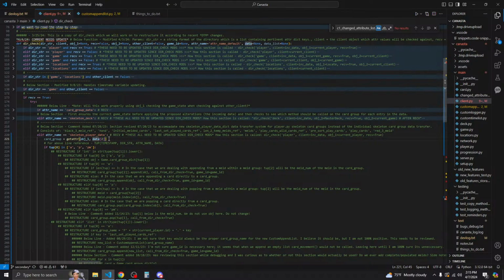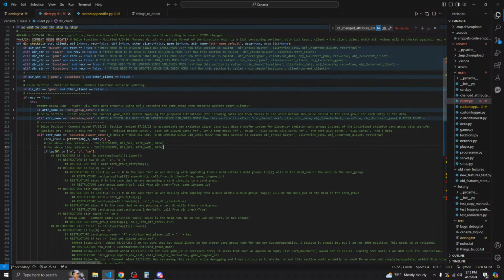So like, let's just say it's hand, so this would be object1.hand, but we need to determine what object1 is. So let us ensure that we know what object1 is.